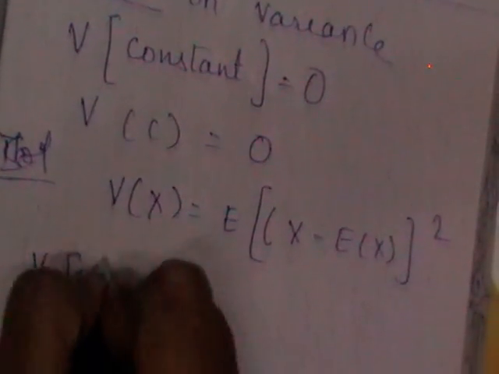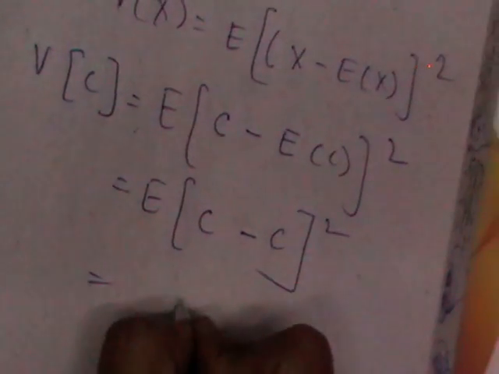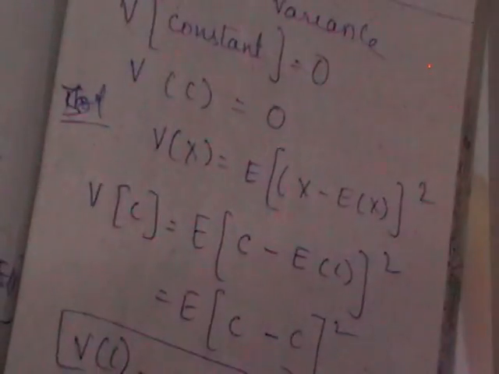If it is a constant, how much will you get? In place of x you will put (c − E(c))². What is the expectation of a constant? The expectation of a constant is again the constant. So it is 0. The variance of a constant is always 0. This is the first result, and the second one is nothing but